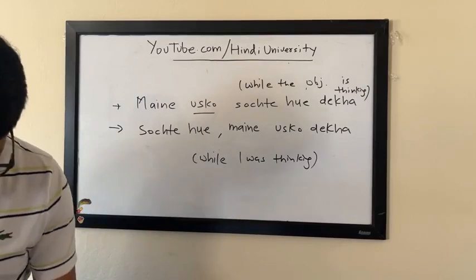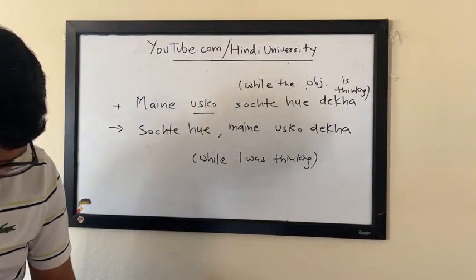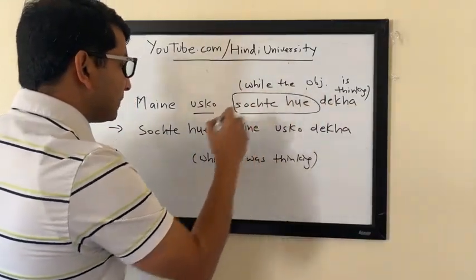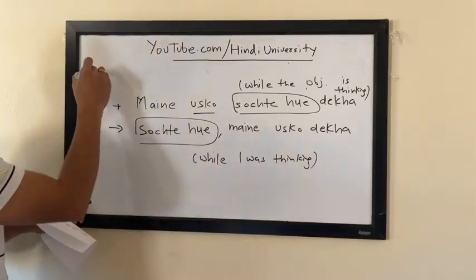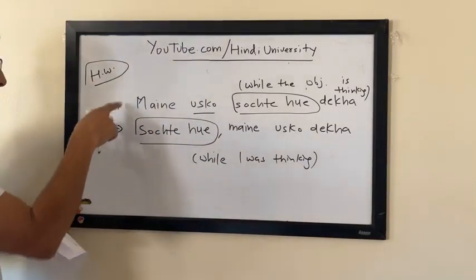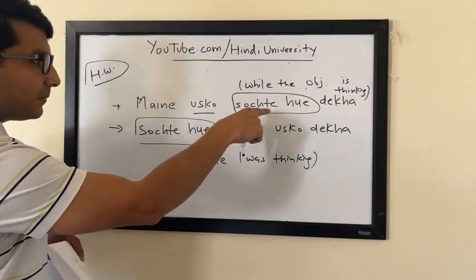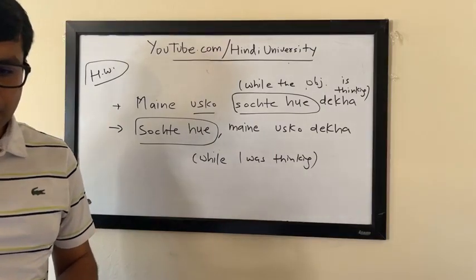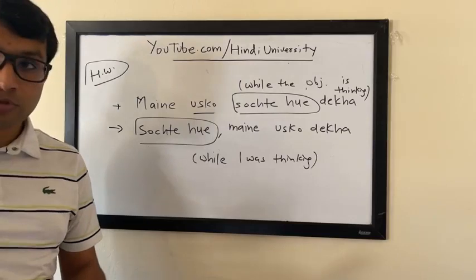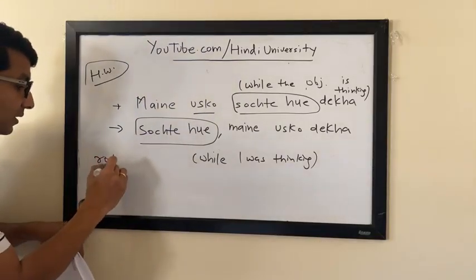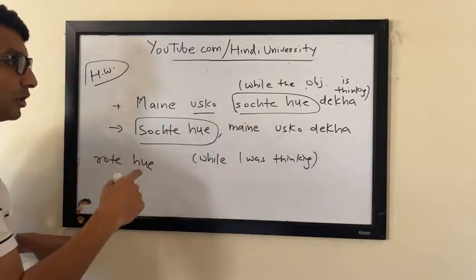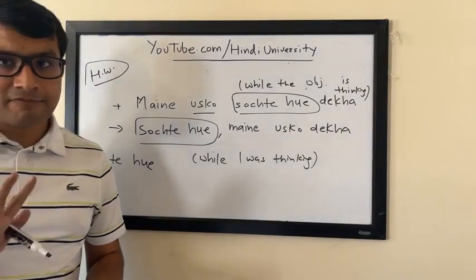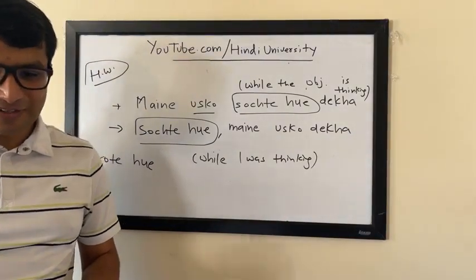Okay, that's another one. Same thing in this case, सोचते हुए, you can replace these verbs. So, homework exercise, because I think you guys asked for it. Take these two sentences, replace this verb with other verbs, and use them in the adverbial form. Okay, that's the homework exercise. I can give you some examples. Instead of सोचते हुए, it could be रोते हुए. मैंने उसको रोते हुए देखा, रोते हुए मैंने उसको देखा. Try to replace it with at least 5 verbs. Simple homework, okay, not difficult.